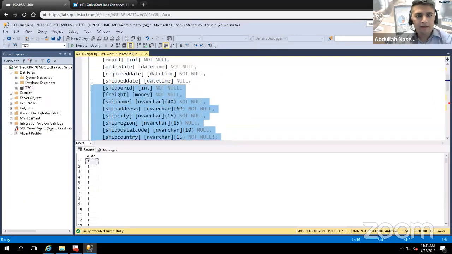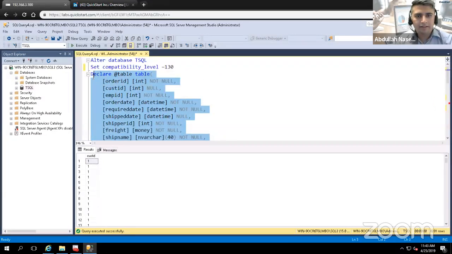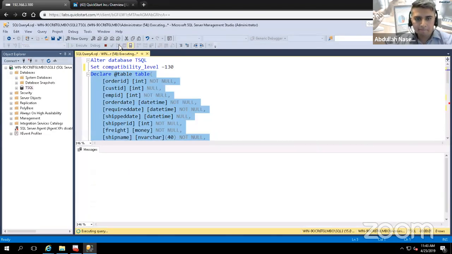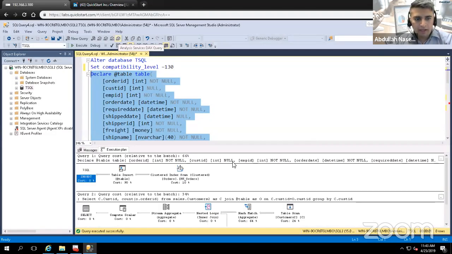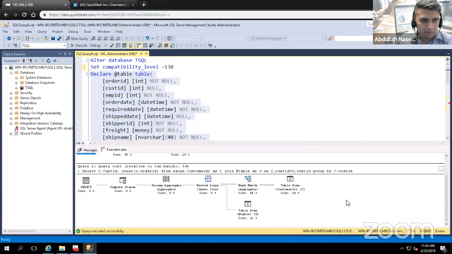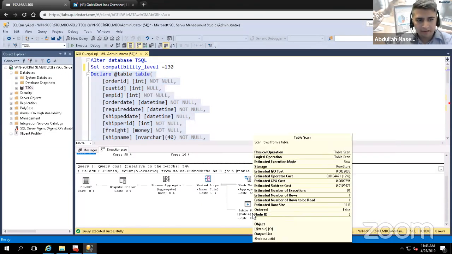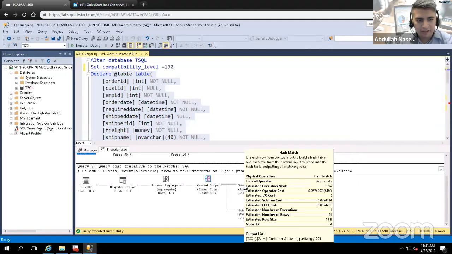All right, so let's run this. What we want to see here is not the answer. We want to see the execution plan, because what we're talking about here is the database engine. So I'm going to say display estimated execution plan. Let's analyze what the execution plan is trying to do. Even if I say include the actual execution plan, it'll be the same plan. Right off the bat, you can see that it's doing two table scans, a hash match, and